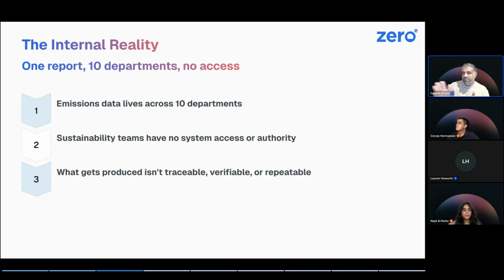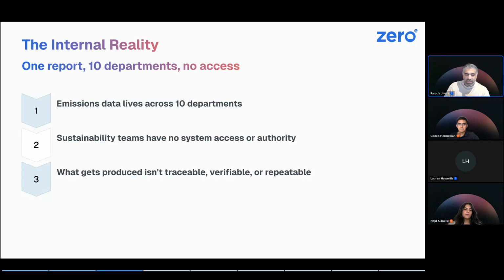Facilities management or finance might have utility bills. In some organizations, both departments that we've seen have that information, right? Procurement knows what they're buying, but they classify items in the way that they classify it, right? An administrative department may have petty cash transactions that were used for fueling vehicles within a fleet. And IT has arguably the connection into all the systems, but then some of the information might not actually be